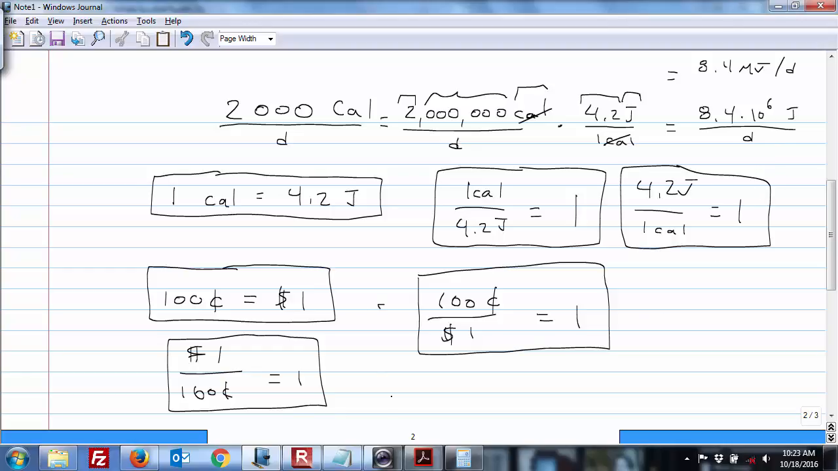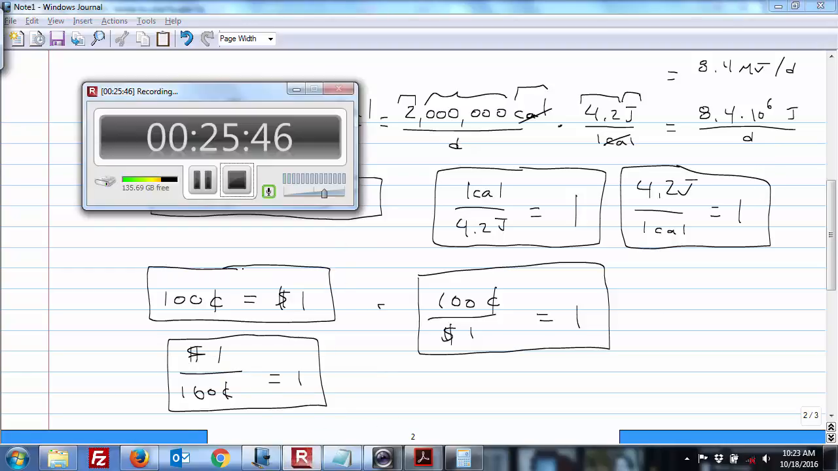Okay, let's take a break there, and I think there's one other problem that someone had a question about. The number 5 has to do with the rate of